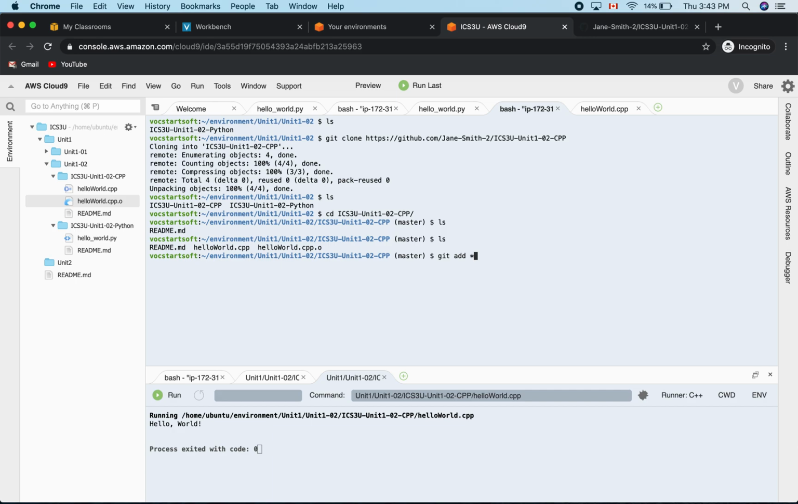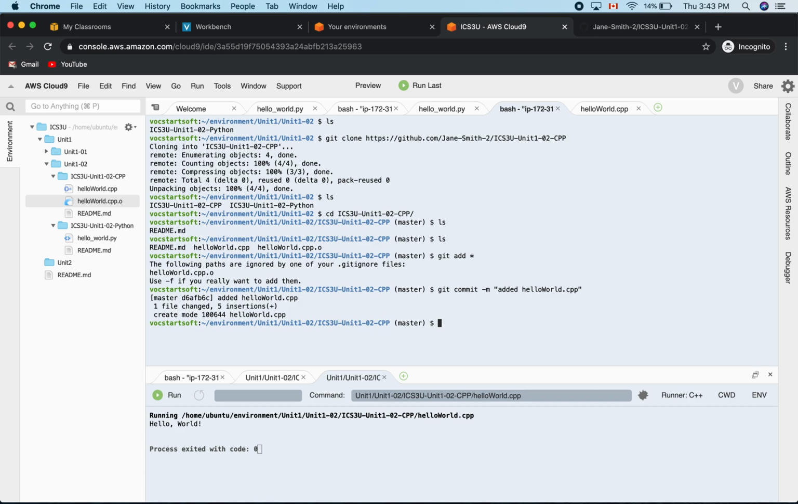Git add star for everything. Now, notice the following path is ignoring one file, the .o, and that's what we actually want because we don't want this file shoved back to GitHub because you can always recreate it because you have the source code. Then we do git commit, message: added hello world.cpp, and then we do git push origin